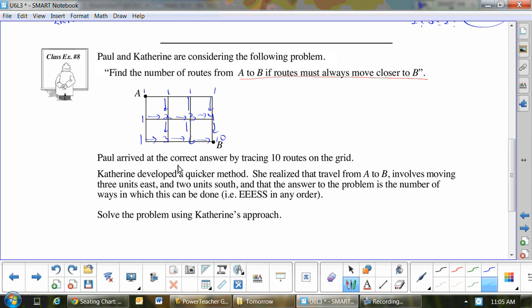Now the other way is to do it by the blocks. Okay? So this is the number of ways to get to each spot. That's how you can do that totally old school. Or,